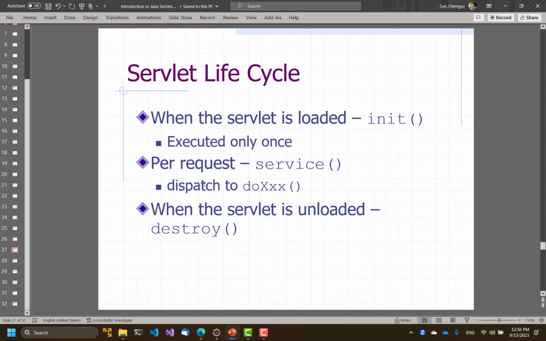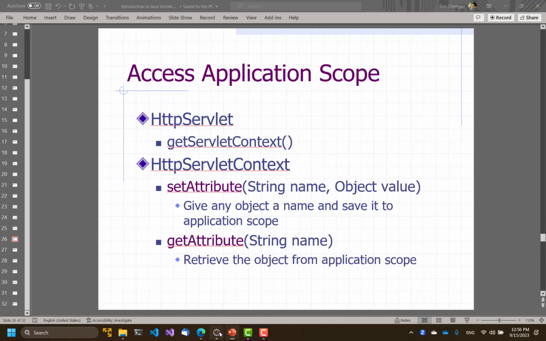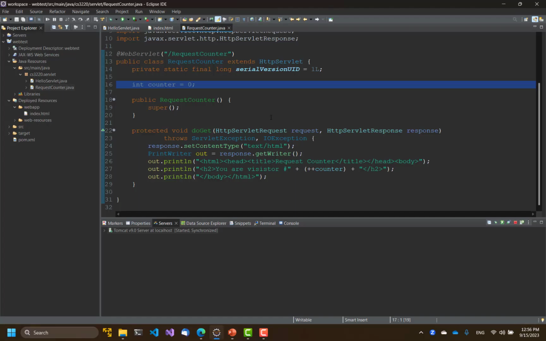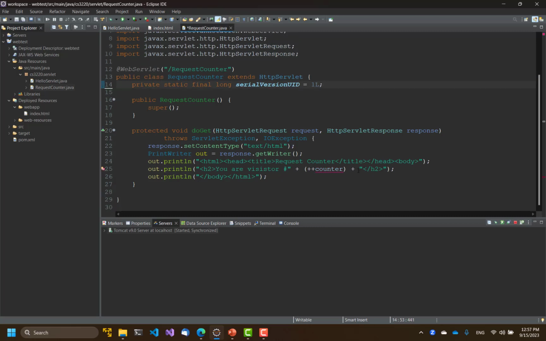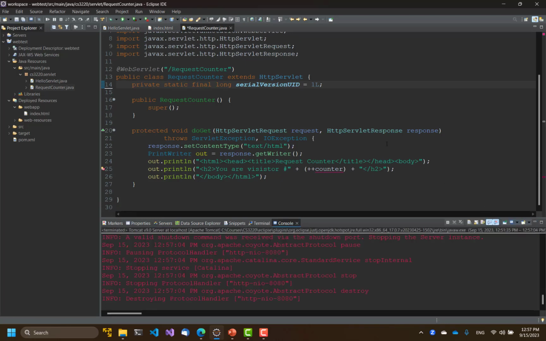Okay, so knowing what we know, let's create another version of the request counter, and this time we are going to keep the counter in application scope, instead of keeping it in an instance variable. So again, let me stop the server first. And what we do is we will